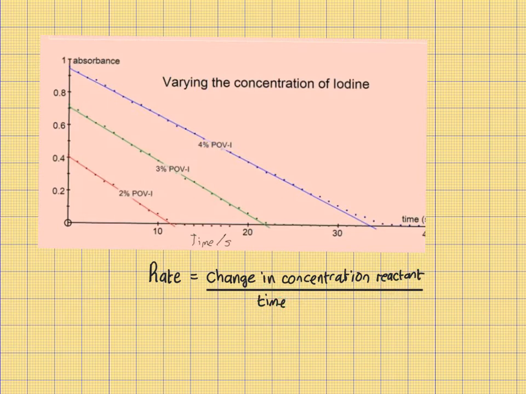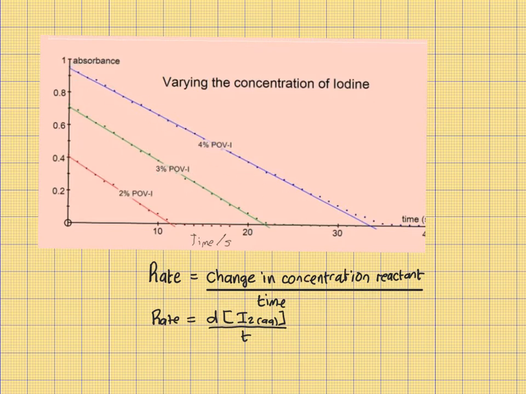So here we've got a change in the concentration of the iodine. It's getting smaller and smaller and smaller, divided by time. So in chemistry we use square brackets for concentration in moles per dm cubed, so the change in concentration of iodine over time. If we then measure the gradient for each of the 3 experiments, that will give us the